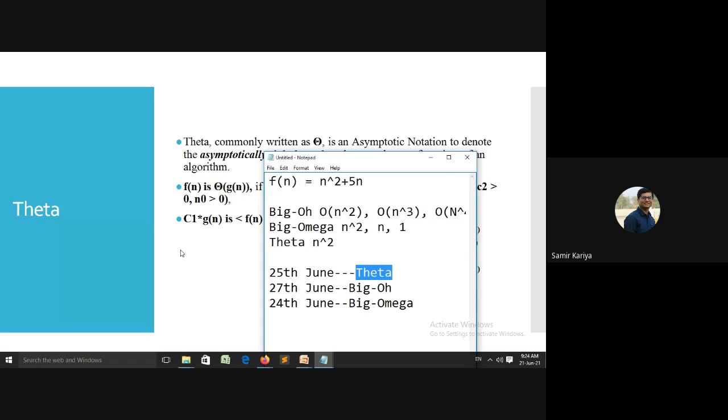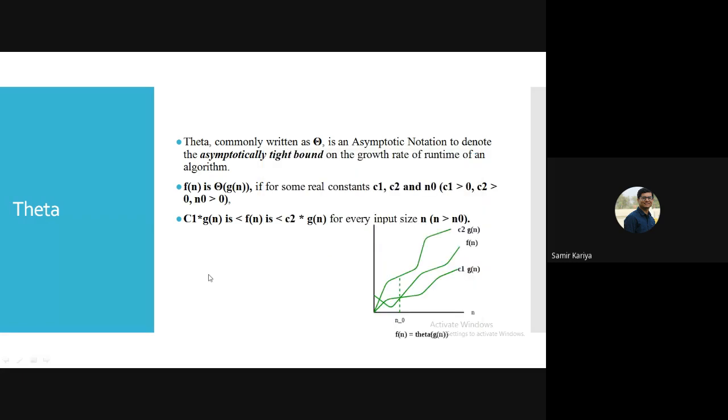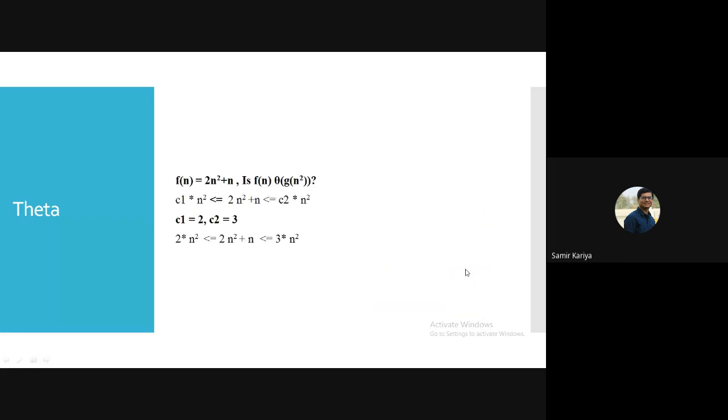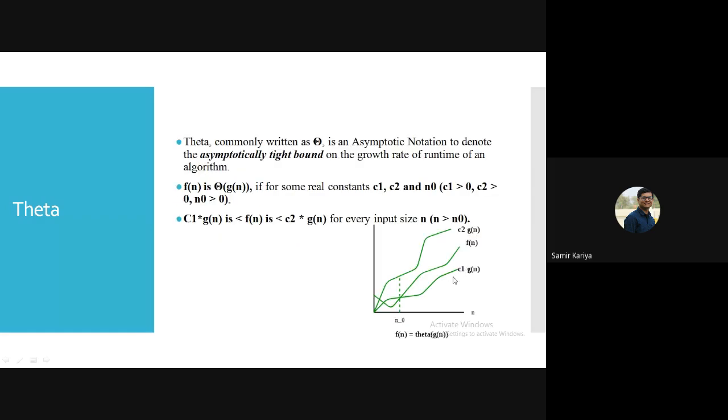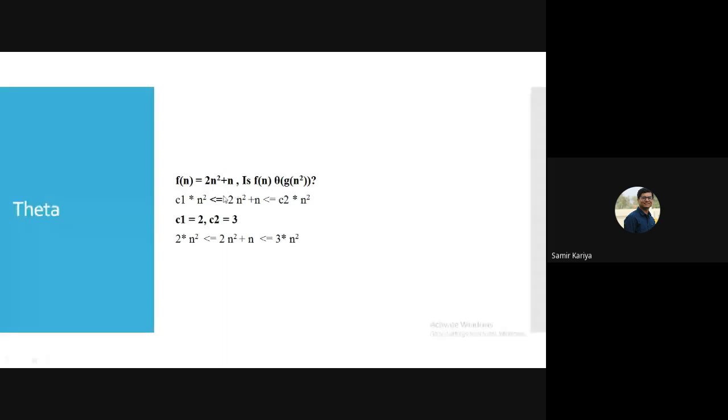That's our theta. So theta is the exact answer, tight bound. Whichever one is equal, that is what we have to find. The benefit of equal is that you can take different constants C1 and C2 here, and then you will get this graph. If C1 is a small constant, you will always get the less than, and if C2 is something higher, then it's always greater than. And this is the example. Here just C1 into g of n less than or equal to f of n less than or equal to C2 g of n.